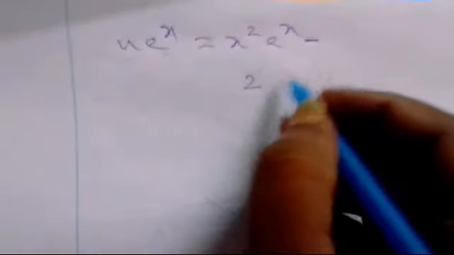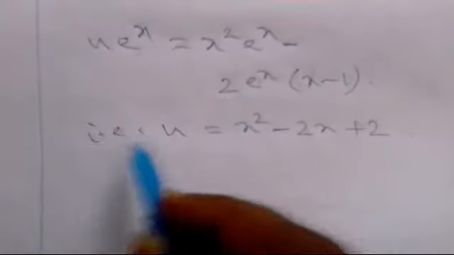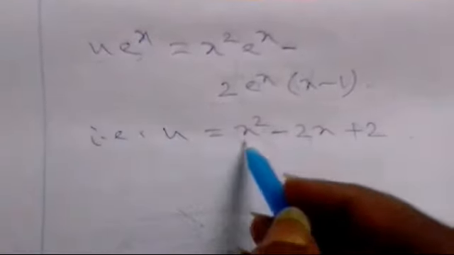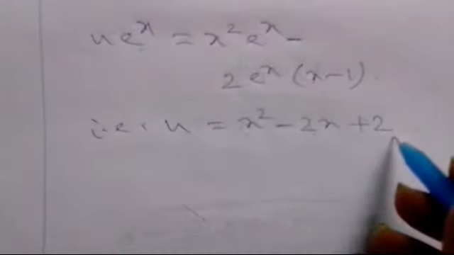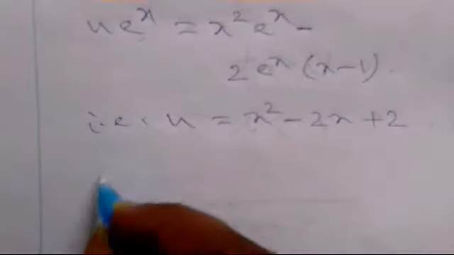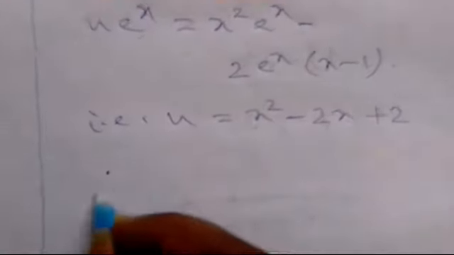So finally we write u e to the power x equals x square e to the power x minus 2 into, and if we take that, u is equal to x square minus 2x plus 2, no constant involved in these cases, and therefore we finally find u, and now